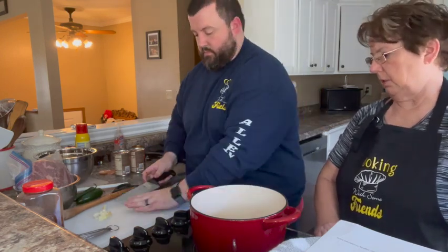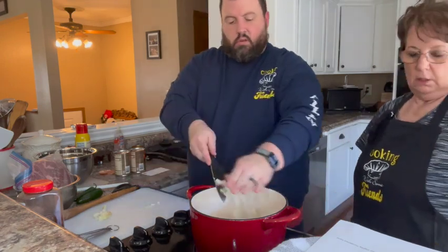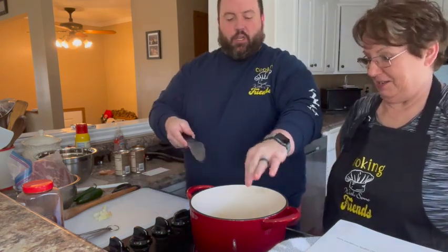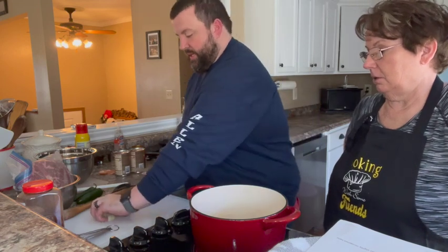You have that on a medium heat, you might probably crank it up for that. Boy, that is a strong onion. Yeah, it is. So we do 1 whole onion, a pound of hamburger. We let that brown while I cut up the